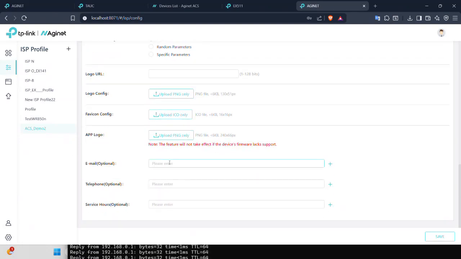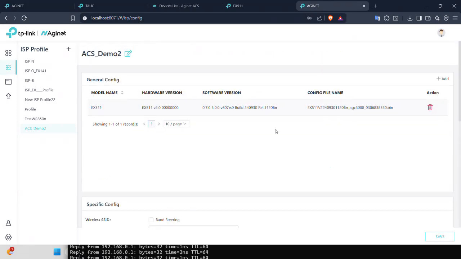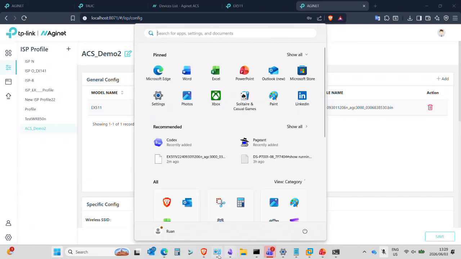You can input your email, obviously support email, support phone number, service hours. This will also allow the customer to easily phone your network operations in case of any issue. Okay, so now that we've created that and we've reset the router,